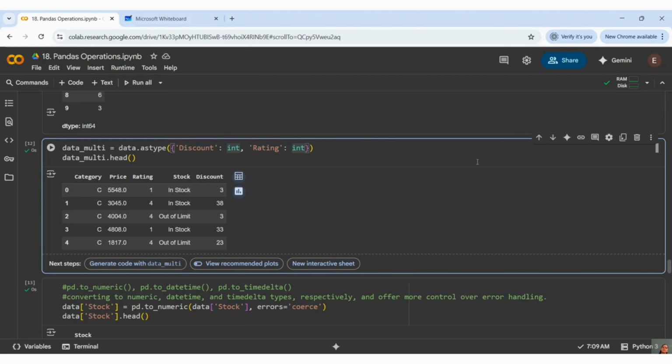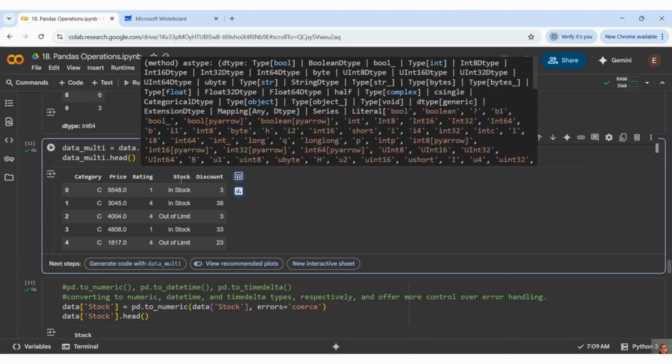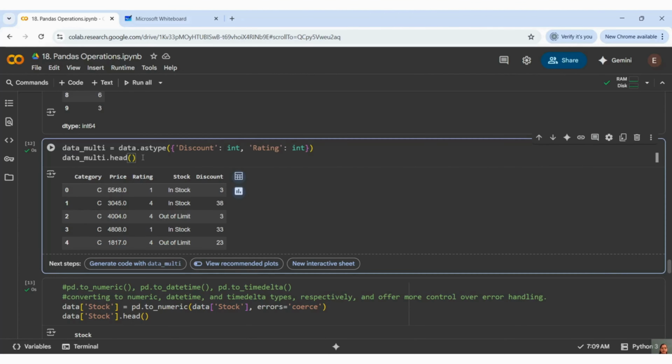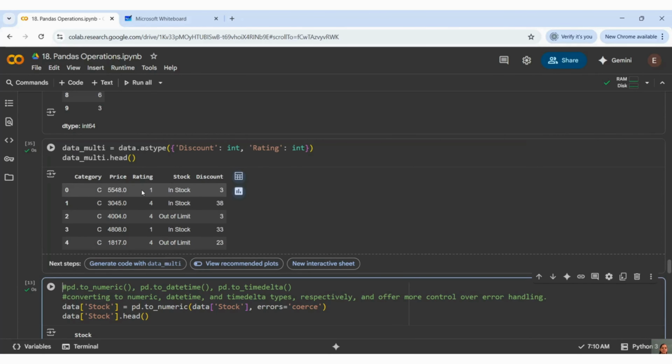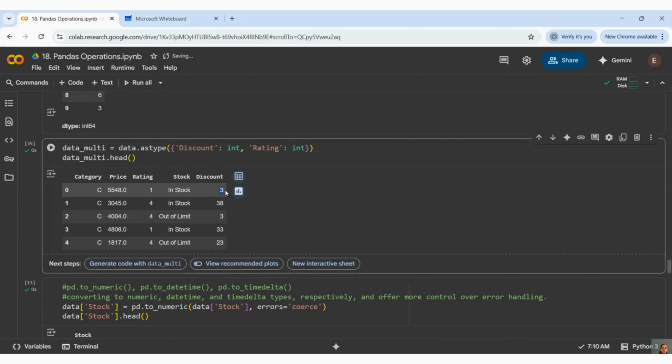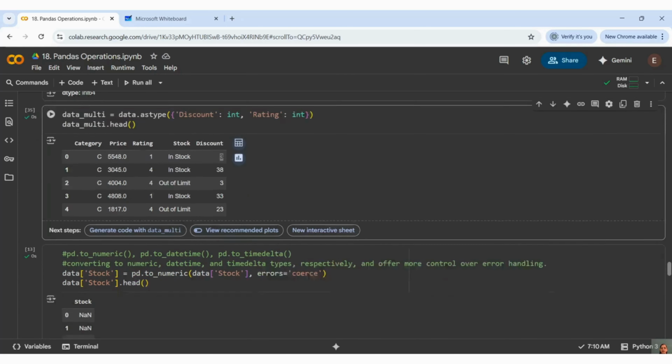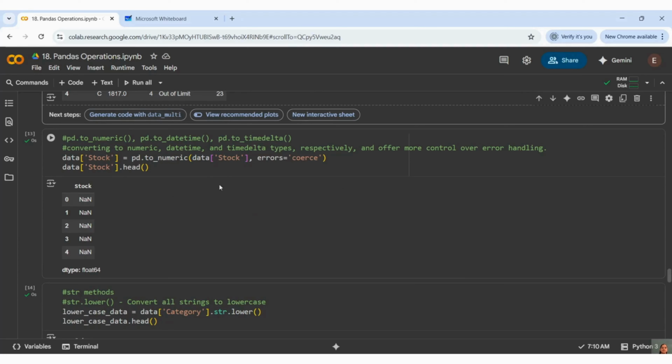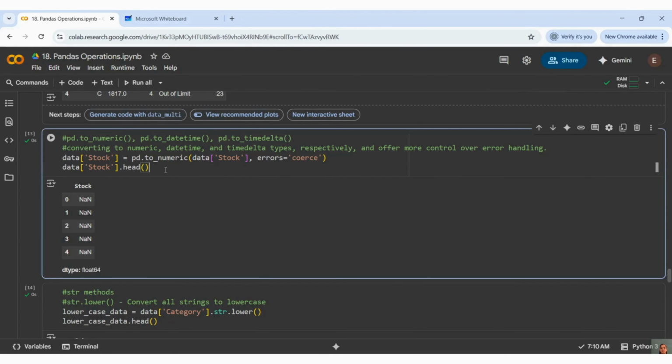Like that, you can pass multiple columns as a dictionary, right? Now let me run it. You can see my rating got changed, my discount got changed at the same time. This will increase the effectiveness of your code and make it easier for the machine to learn in a better way.